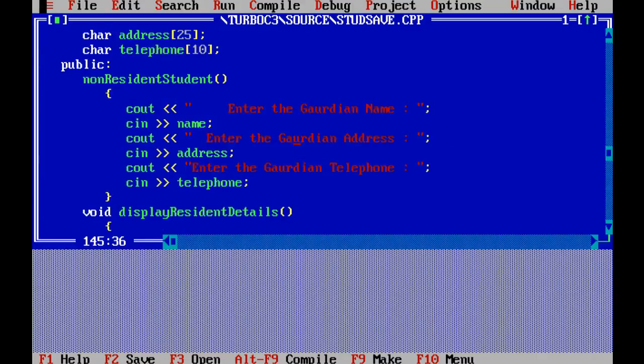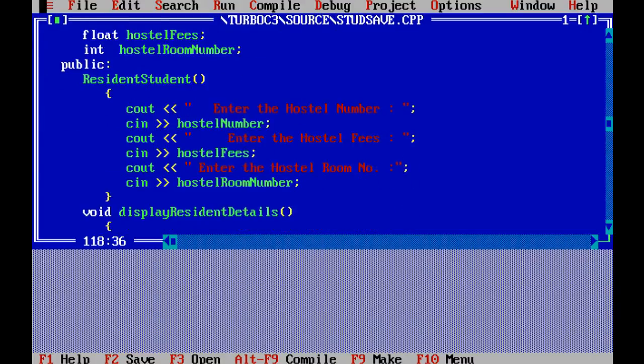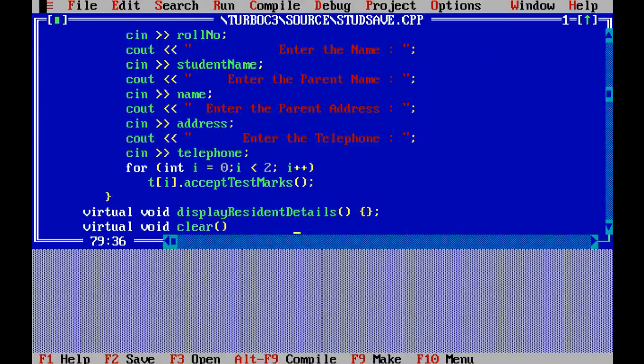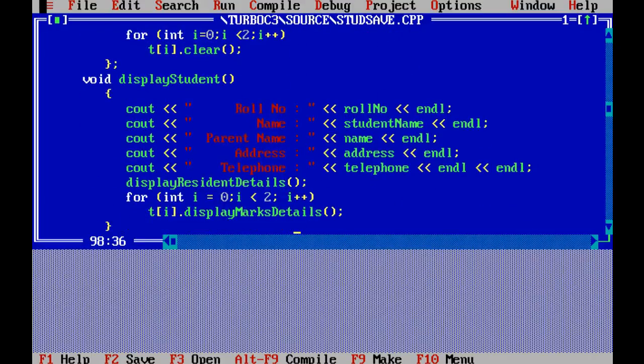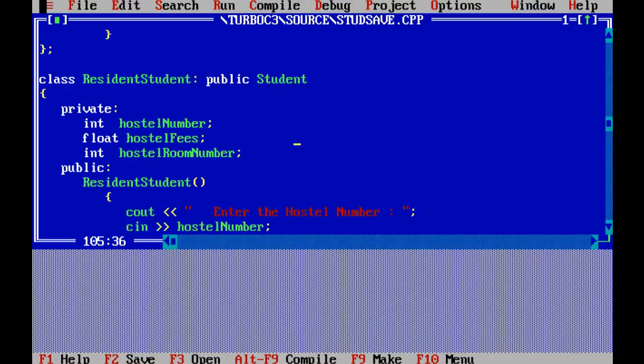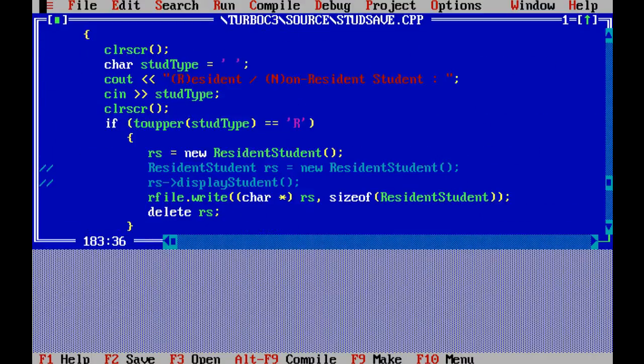As you have seen in the previous, all these statements will get executed. Enter the hostel number, enter the student name, parent address, and depending on whether it's a resident student or non-resident student, the other details will be accepted. Okay. So constructor call happens as part of the data entry, and then the object ends up with all the relevant